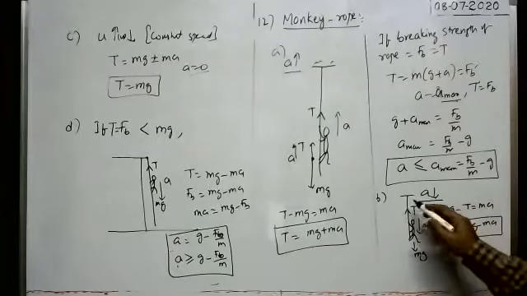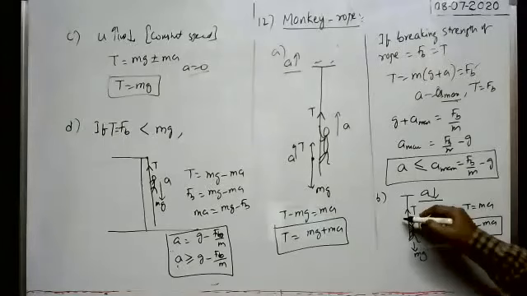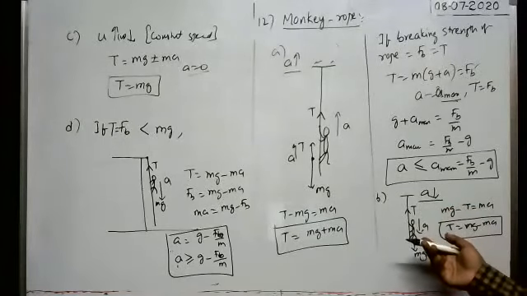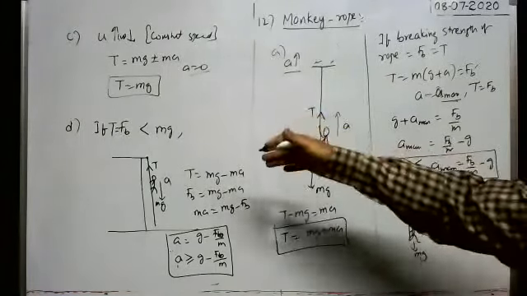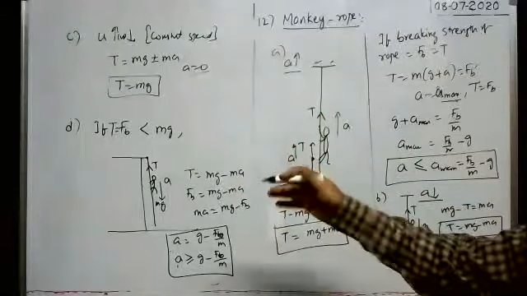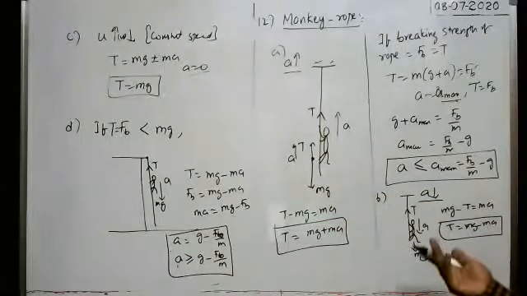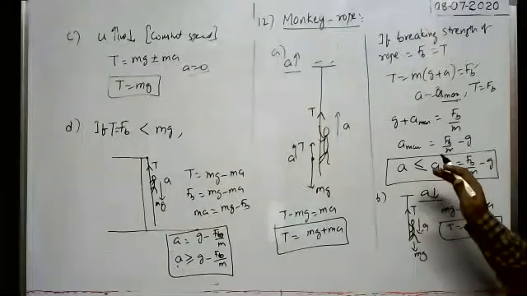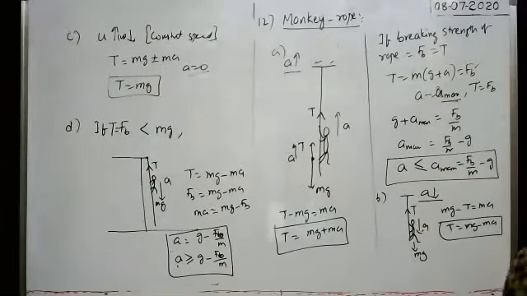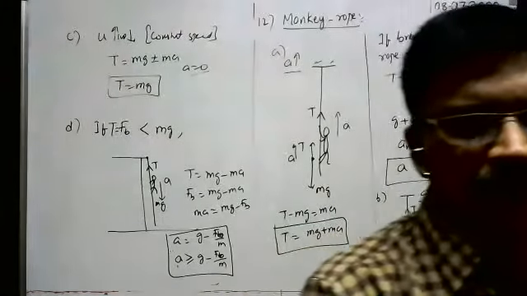Here, the breaking strength is very much greater compared with the tension. If the condition is given like this, we have to do the problem like this. If the condition is not given, the rope will not be broken whatever the acceleration with which the monkey comes down. That depends on the cases. Okay, sir.